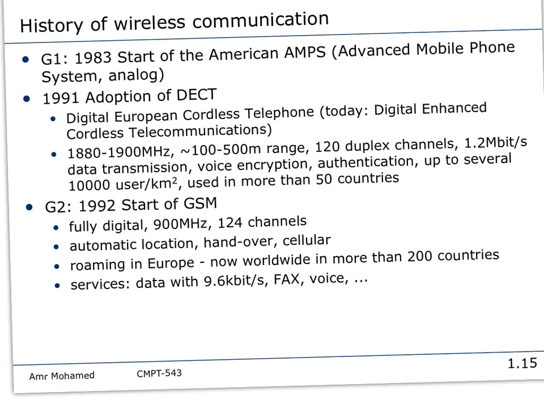Starting the digital was actually a big revolution. Why? Because in digital we can easily start to talk about data communication as well, which did not exist in analog communication at all. By data, I mean that in addition to our voice that we use for communication, we can actually transfer to each other some words, text, emails, things like that. So that started only in 1991, okay, with the DECT standard, right?